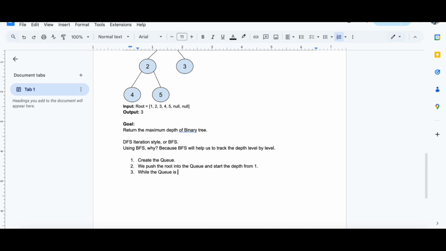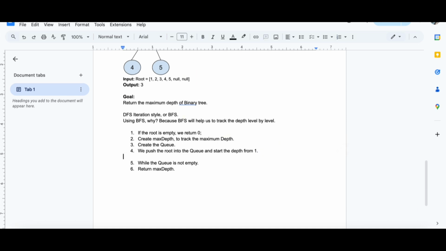While the queue is not empty, we will return the max depth. And I think another thing is that if the root is empty, we return 0. Then we need to create maxDepth to track the maximum depth.